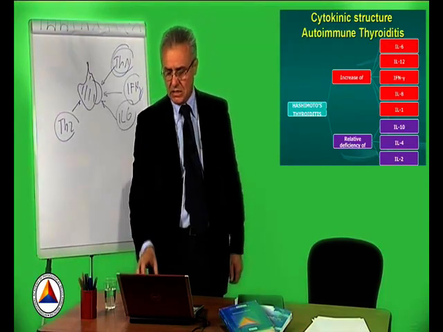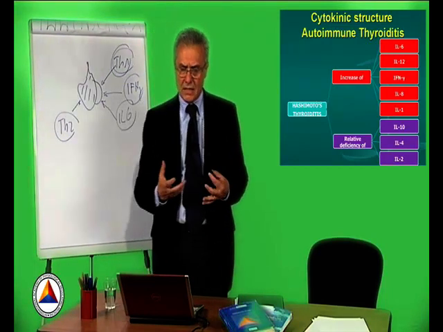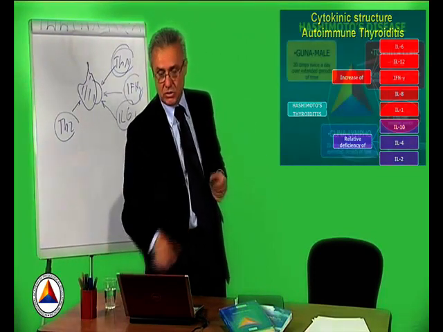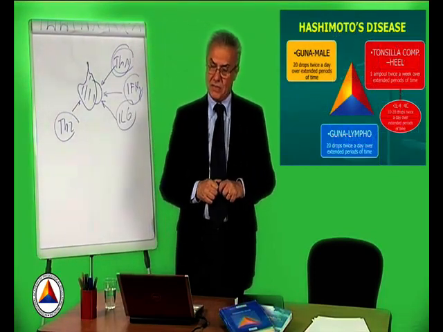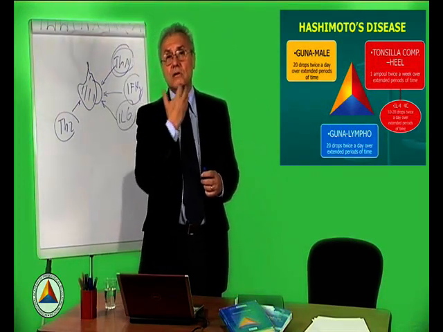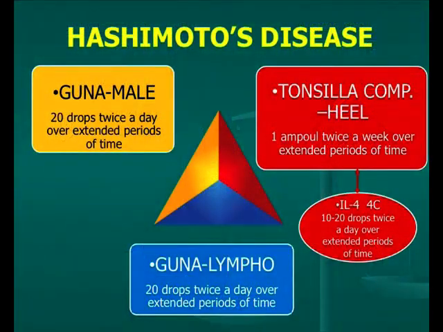Therefore, what is the basic therapeutic approach that we have to take for thyroiditis? In a certain sense, we have to protect the structures around the thyroid. Therefore, during the suspicious stages in which we fear that Hashimoto's thyroiditis could develop, we have to work hard and as early as possible with Tonsillitis compositum, 1 vial orally 2 times a week, to prevent a trivial tonsil infection from being subsequently transformed into chronic thyroiditis.